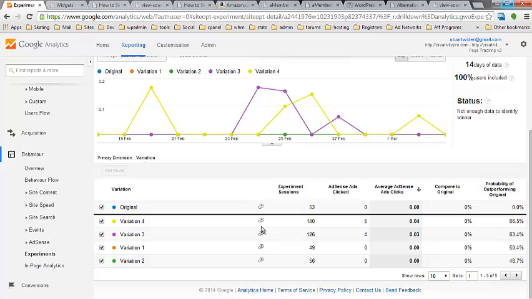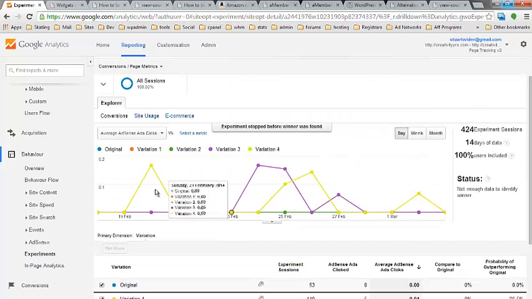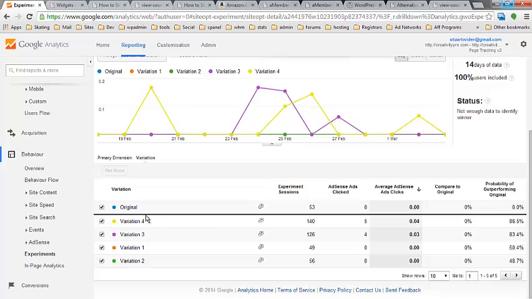the original. So we could infer from that, whatever these variations were, if we implement those on our site, then we're going to do significantly better than the original. I mean, that's fantastic, isn't it? So we can see just by running an experiment for 14 days exactly which of our variations are going to